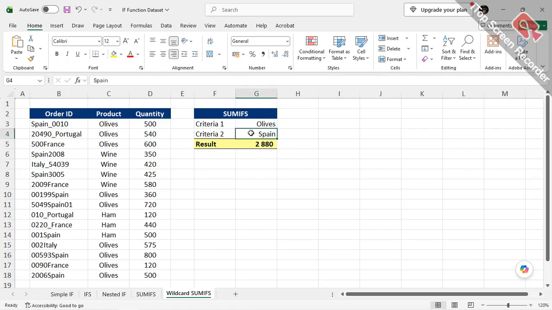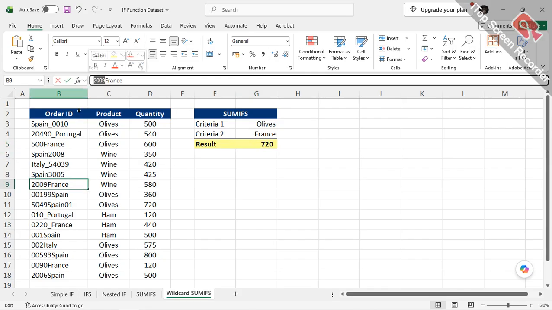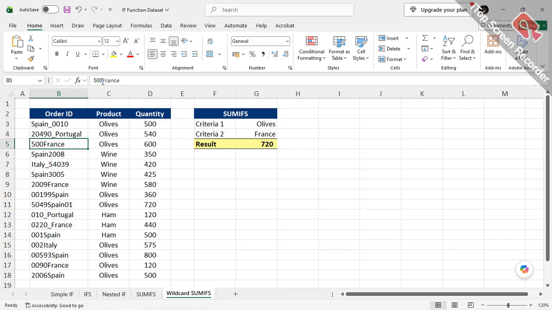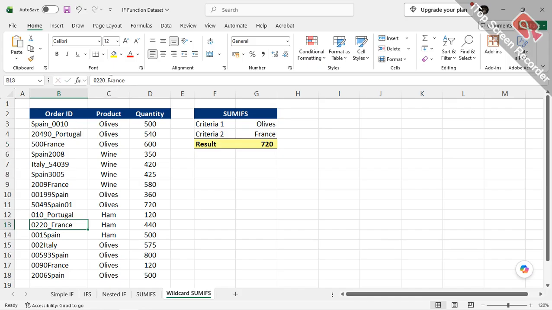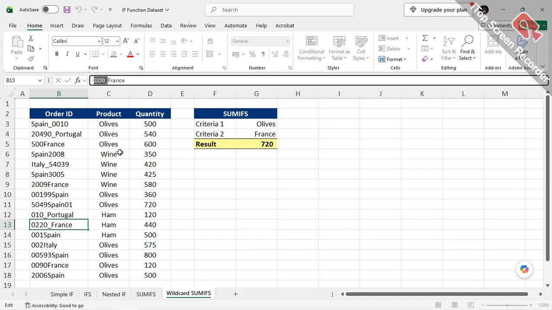So if I were to change this to France and enter, there we go. Again, France, everything before France, it's ignoring. And yeah, all my things are before France. Same with this one over here. It's just ignoring the numbers or the symbols that are before it. All right, and that is your